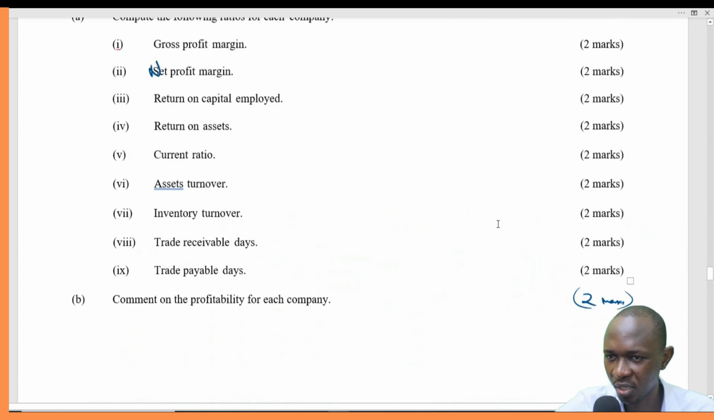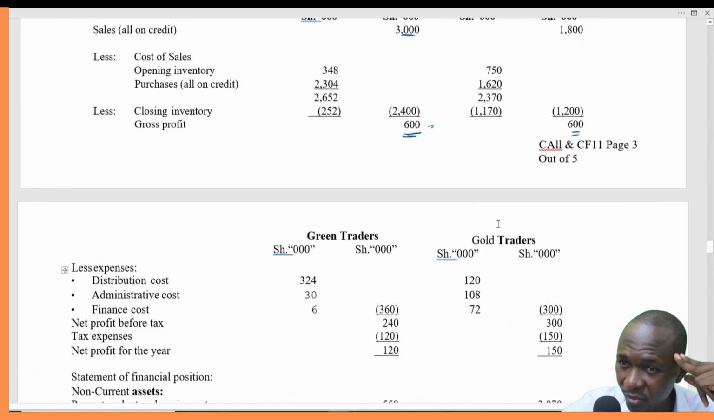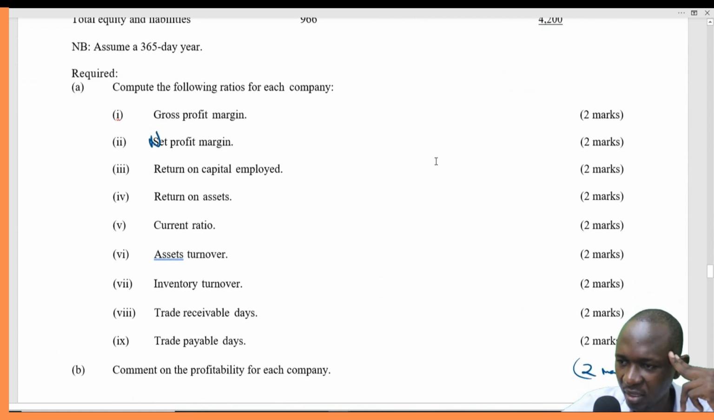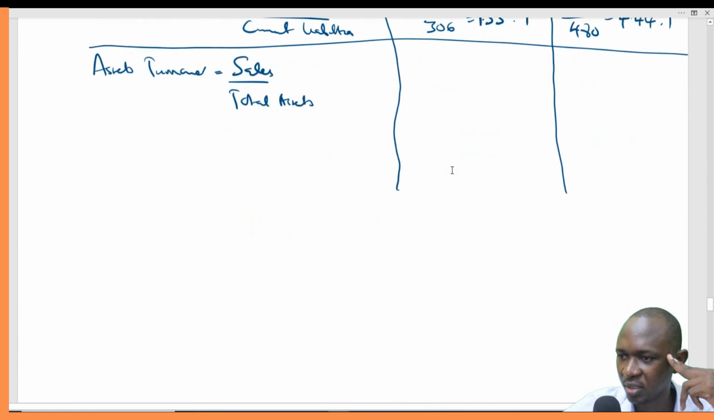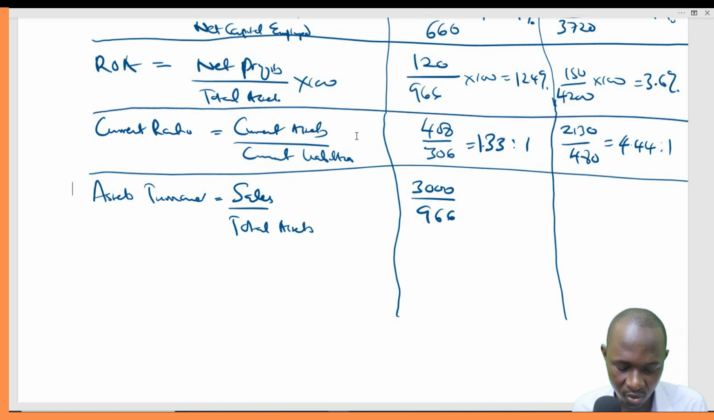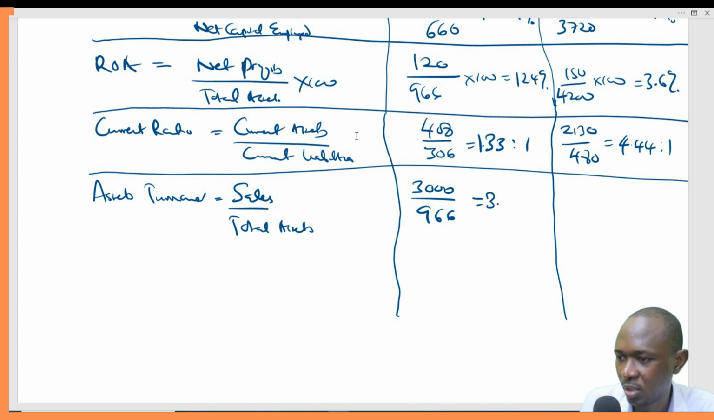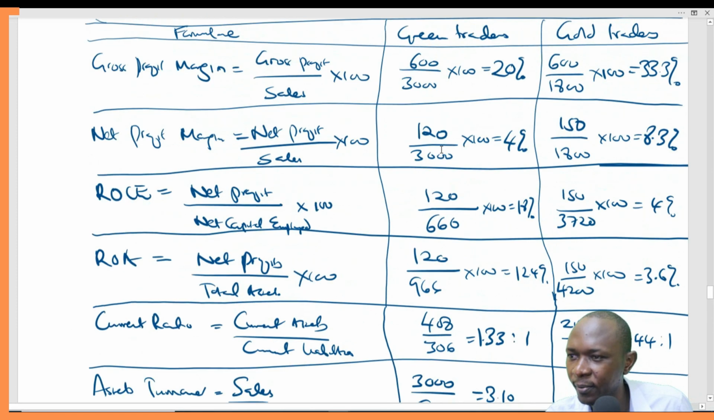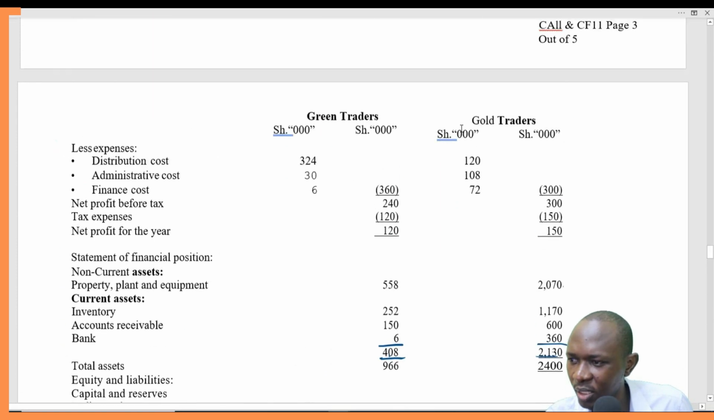So we'll simply go back to the question, get the sales. Sales is 3,000, total assets I think was 966. So 3,000 divided by 966 gives us 3.1. So we can simply call it 3 times, and then the other side will be